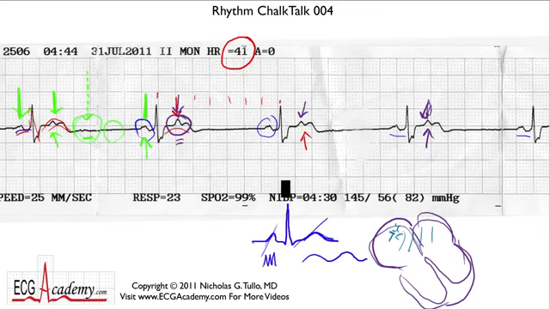Why didn't it conduct? Well, remember that the AV node takes some time to recover from the previous beat. It has a certain refractory period. So after this beat conducts down the AV node, there's a certain period of time where the AV node is busy conducting that beat to the ventricle, and it takes a split second to recover. So when this P wave hits the AV node, it finds that the AV node is not capable of conducting the beat properly. And so the AV node fails to conduct the beat,